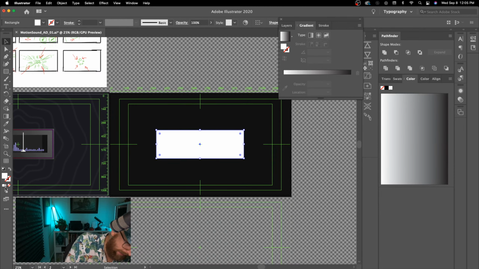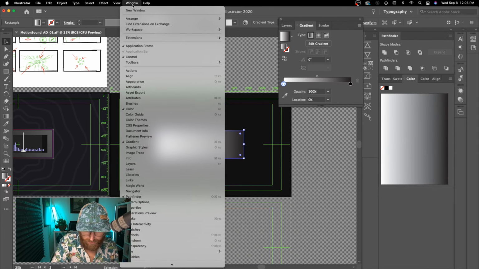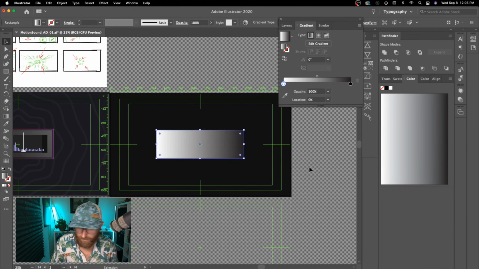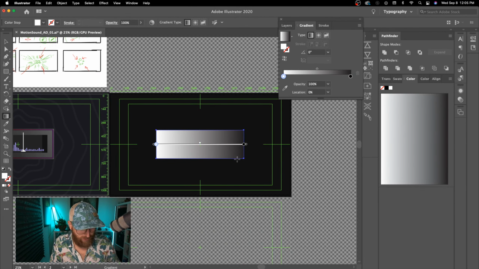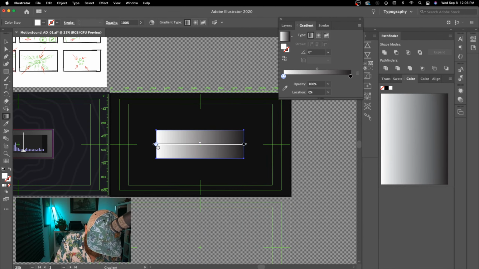So let's go ahead and add a gradient, and then I actually need my gradient panel. If you don't see your gradient panel, go to Window and Gradient. I've just turned it off, so let's turn it back on. Here's where we can affect this gradient, or I can hit G to bring up the gradient tool, and I can affect it here in the viewer. I can also just start drawing, and if I want to angle it a little bit more, so if my light source is up here, maybe I want to run it a little more